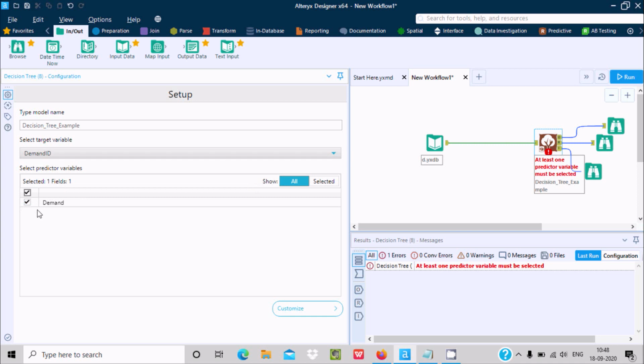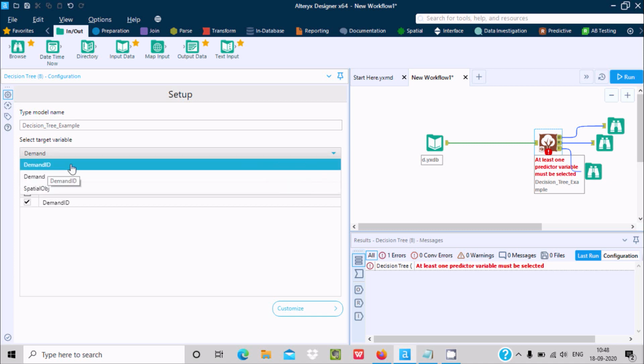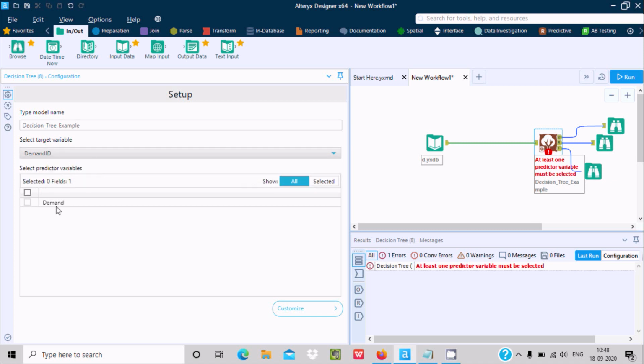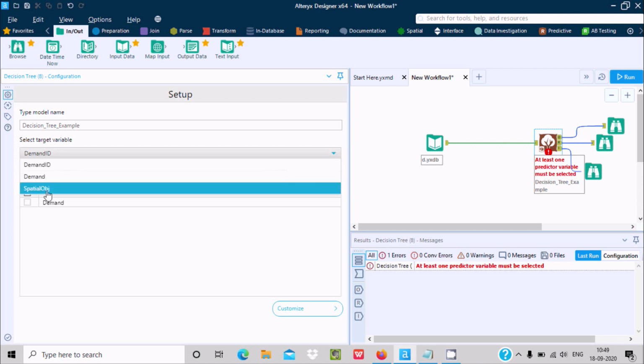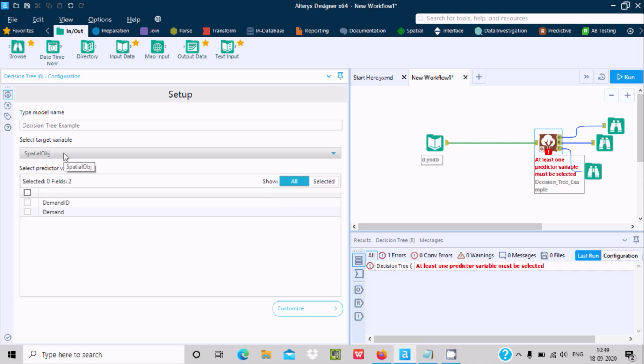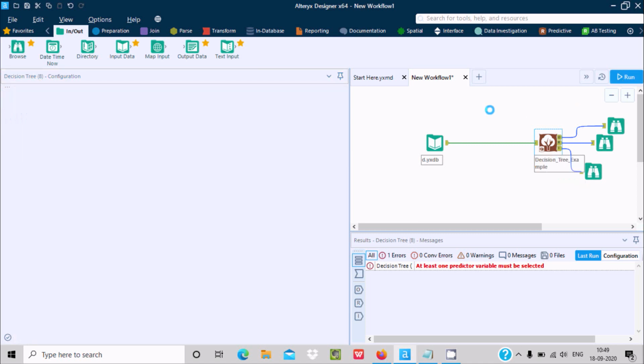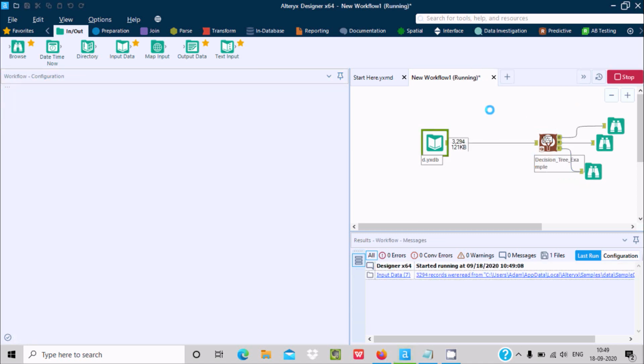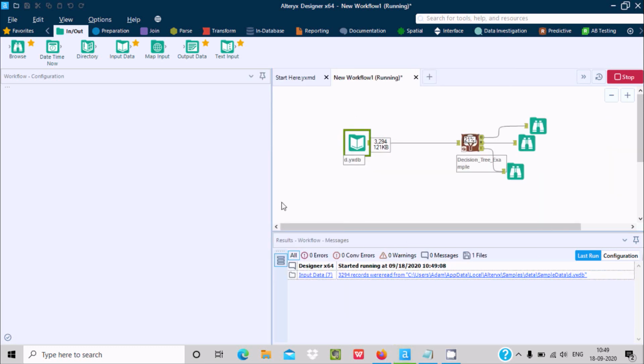Now when I give demand as both target and predictive, we cannot do that. If I'm trying to enter demand ID, here it's changed. Now there is a spatial object, this is the string type. Let's select these tools and rerun the workflow and check if there is any problem with the decision tree.